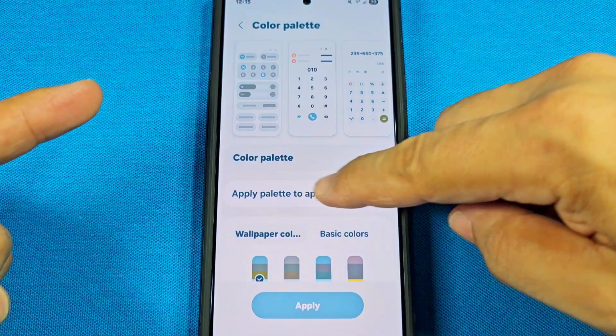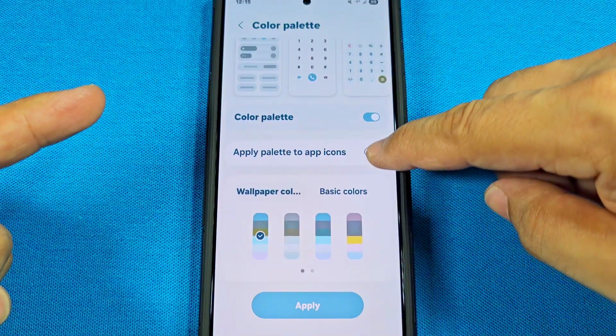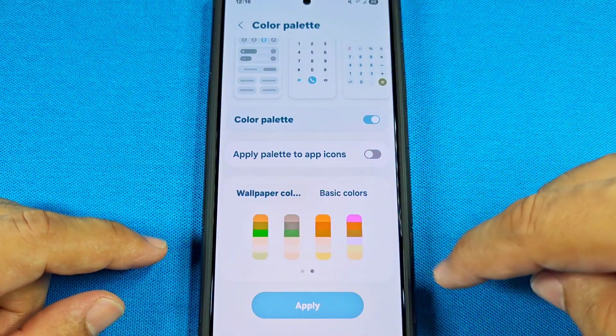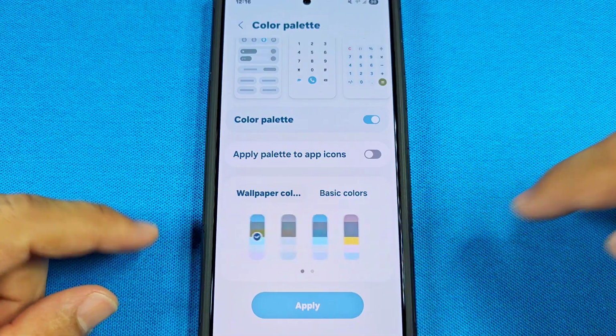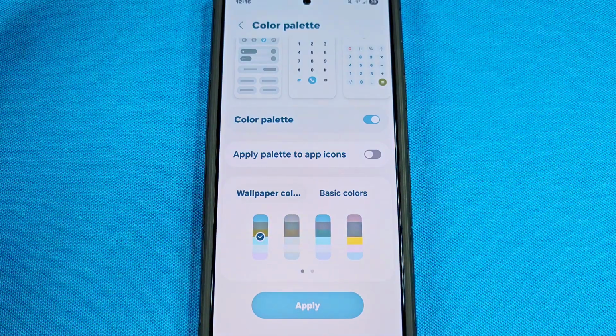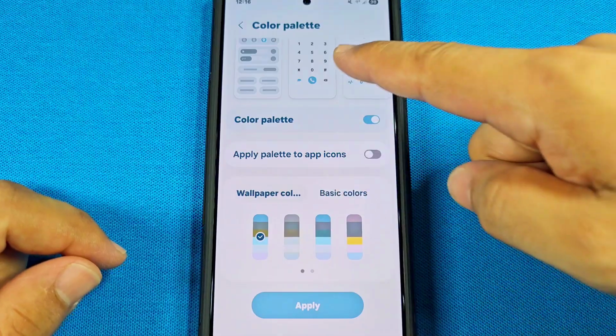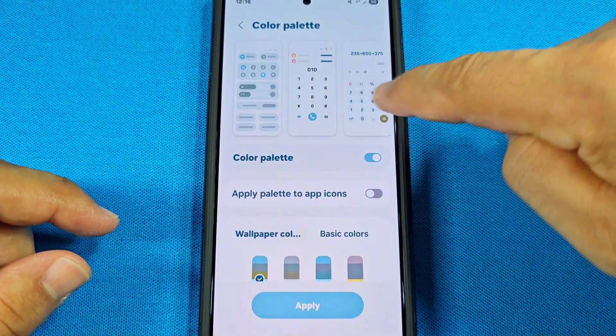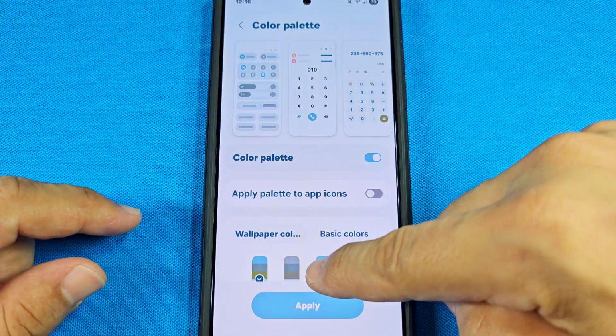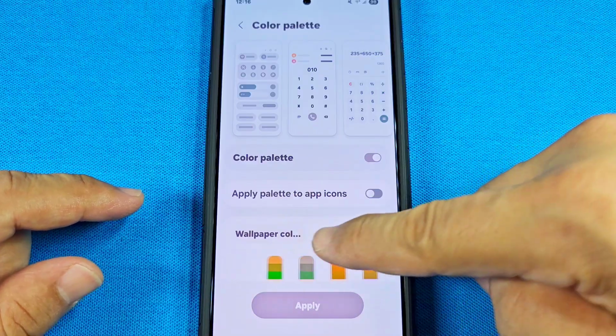Now, you can also choose to apply this to the icons itself, but before we do this here, you can now browse over and get a look at other colors available. And depending on your wallpaper, will also determine what colors are here. So for example, it's gonna show you here like the dialer, the calculator, and the quick access, all these colors are going to change. And you can see here, as I make changes to it,